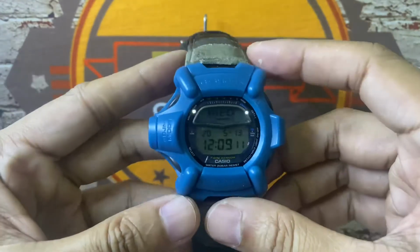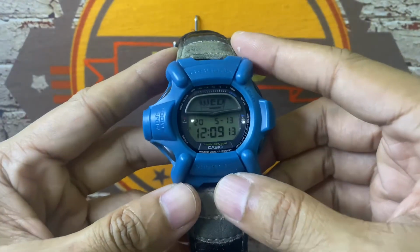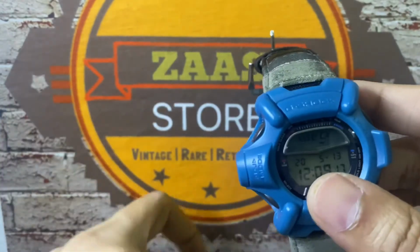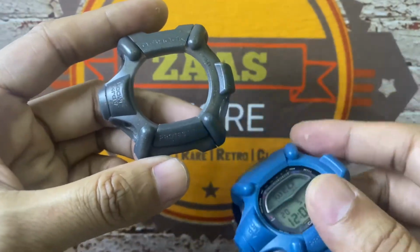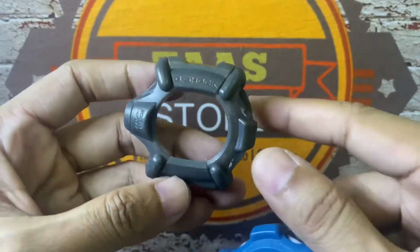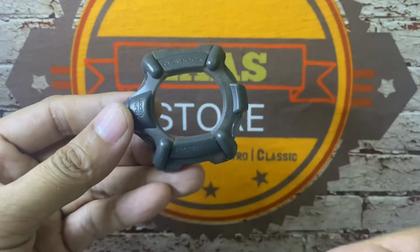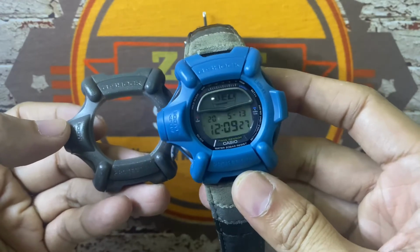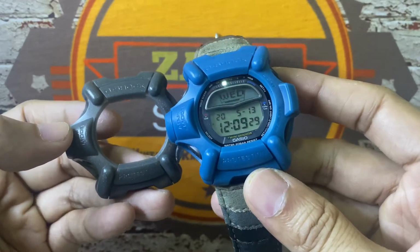So if you have a Riseman model and the bezel is already cracked, you can get the custom replacement bezel from such store, so that you can save your vintage DW9100 or Riseman